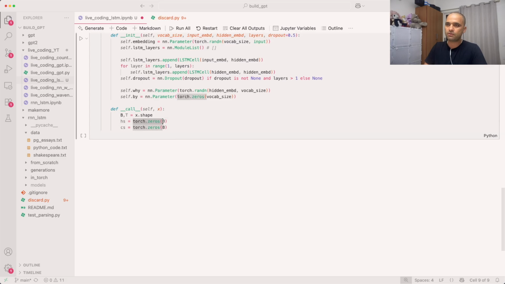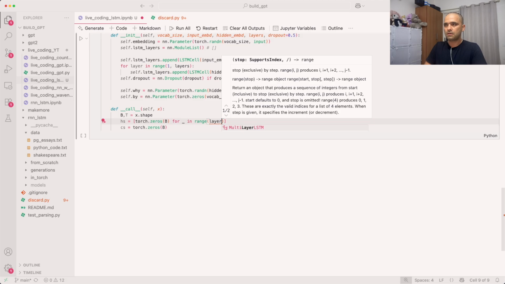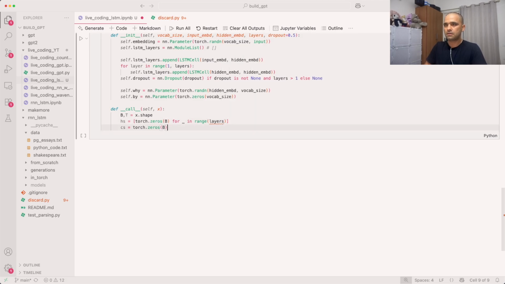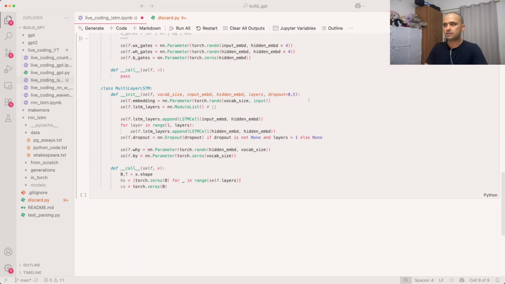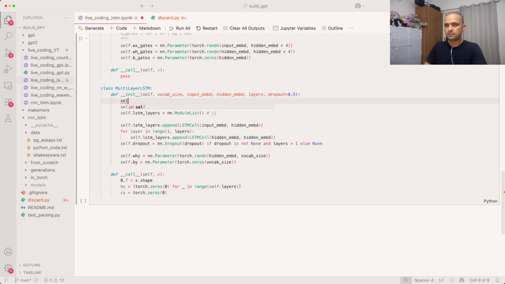So this thing for each layer we have to wrap into number of times in range self.layers, right? I think instead of this, what we have to do is first change self.layers equals layers,